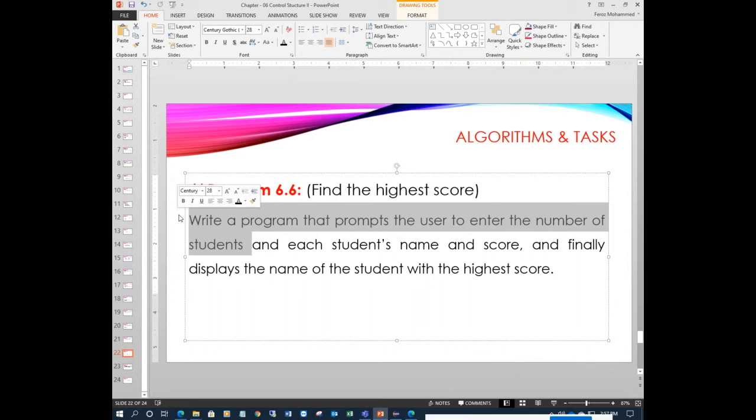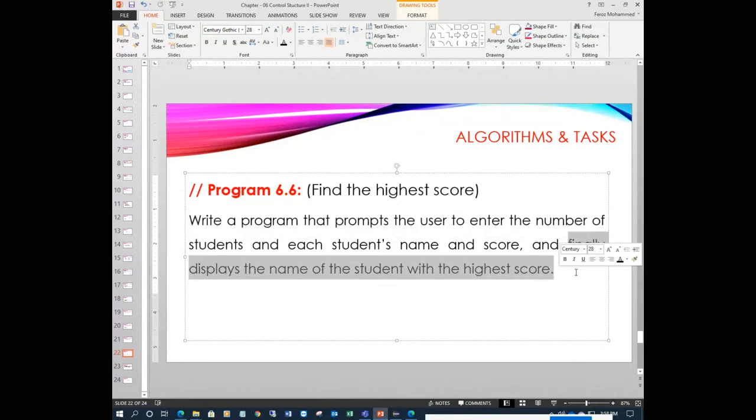First you have to see how many students you want to enter, and after entering how many students, then you have to enter each student name and score, I mean grades. And finally display the name of the student with the highest score, the student having the highest marks in the class. Okay,